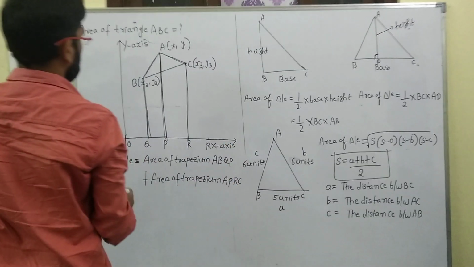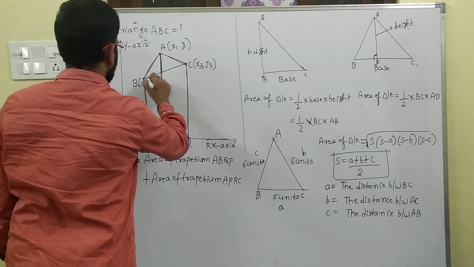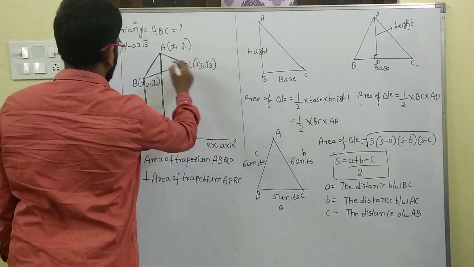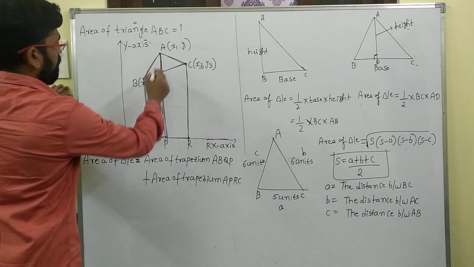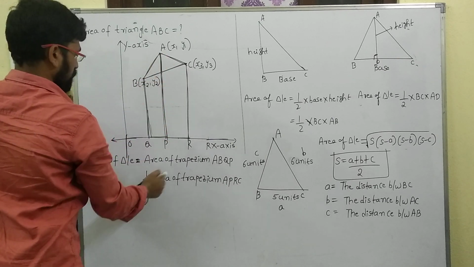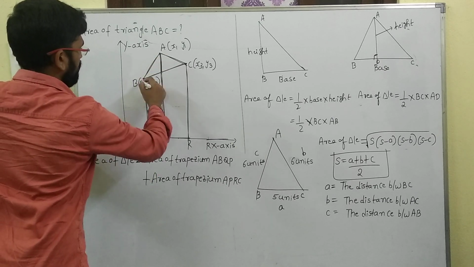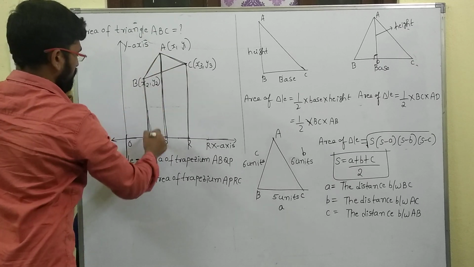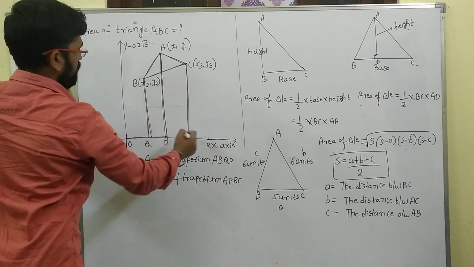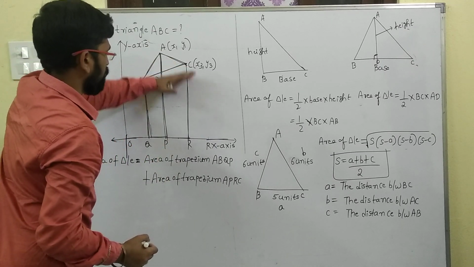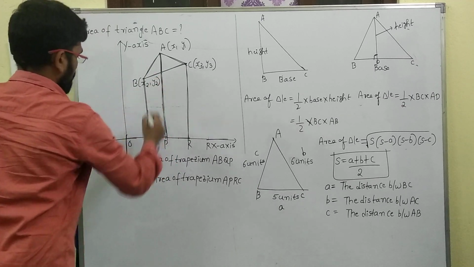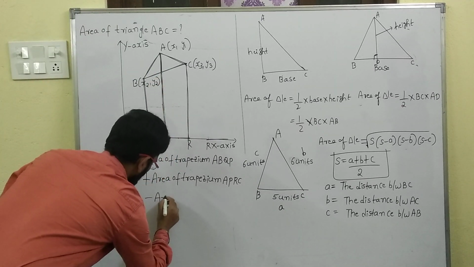AC. Next, after that, subtract this. From both, subtract this, and we will get this angle side. Now from both trapeziums, from this trapezium APQ, if you subtract the total trapezium, you subtract the area of